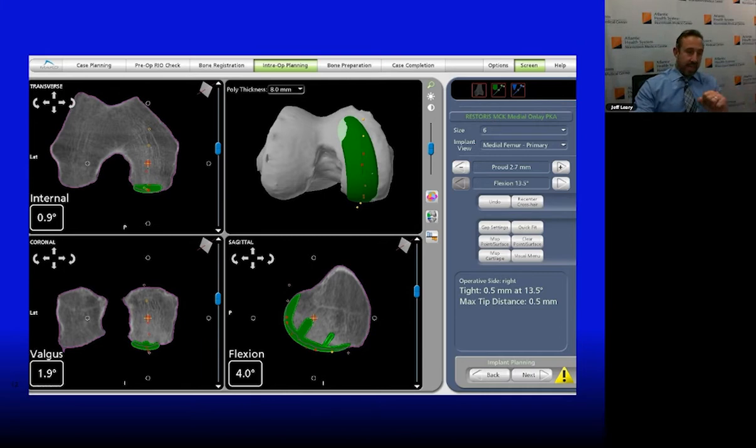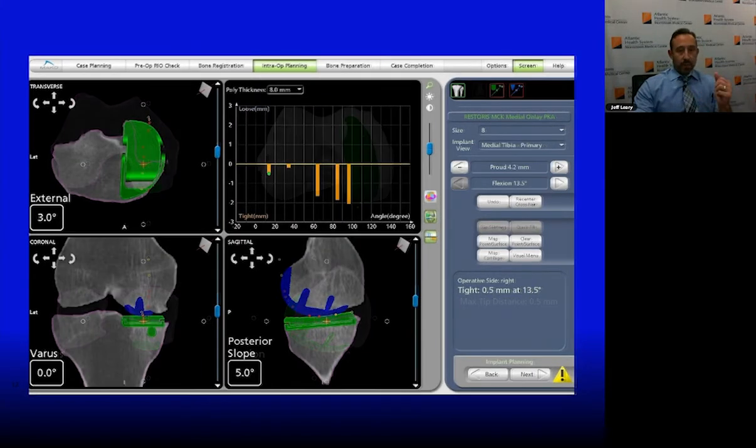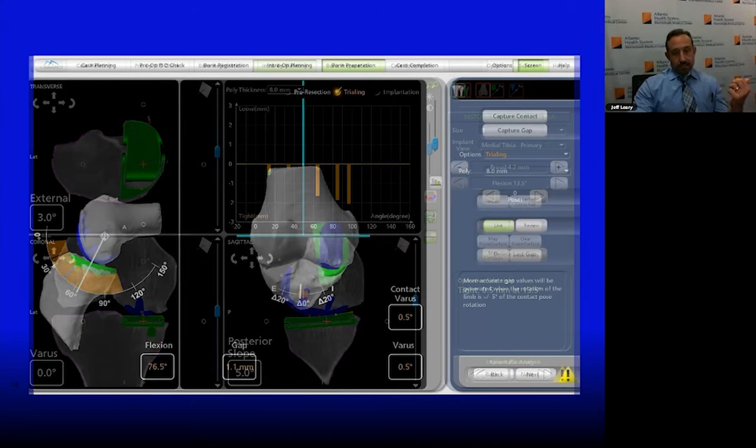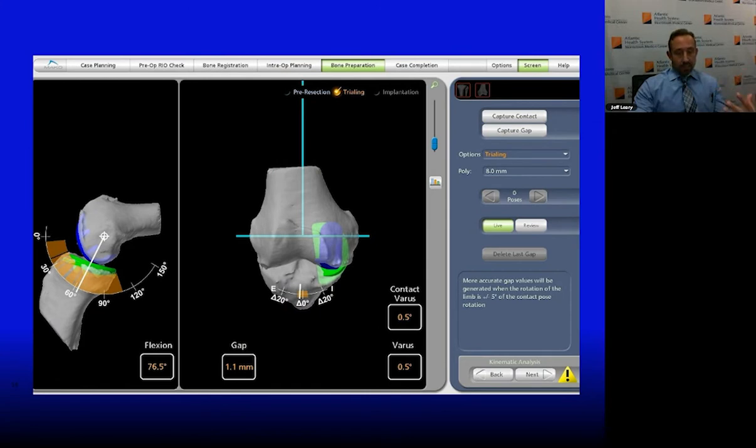Again, decreasing outliers and increasing accuracy. And what you see there, it gives us real feedback. You can see that it's actually going to give you some feedback up here where it tells you you're a little tight, a little loose, the alignment's not what you want, allows you to, again, correct it before you make the cuts. And it also allows you to know at the end of the case that you've got the result that you wanted. So you leave the OR with actual data showing you that you've made the corrections that you planned at the beginning. And again, having more data is more information, it's power, and it allows you to have really excellent, accurate results for patients. And for an outcomes-based surgery, this is really critical.